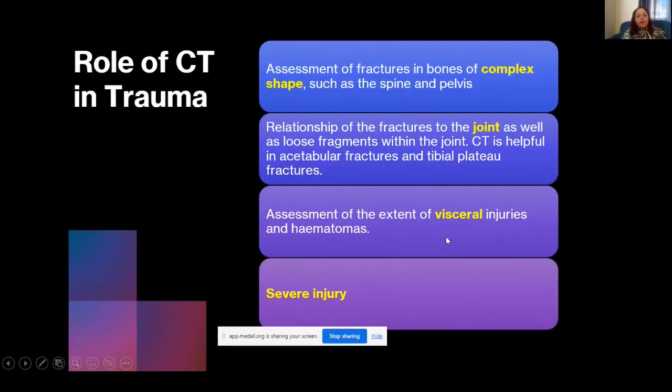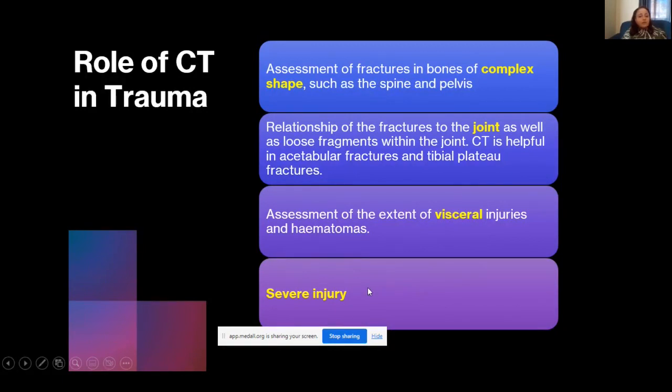Visceral injuries. For example, you have a patient with multiple rib fractures and he's got some abdominal pain. So you would want to exclude underlying visceral injury, which could be a splenic or liver injury, and X-ray won't detect these. So you would do a CT to exclude underlying visceral injuries. Patients with severe injury, like those with severe road traffic accidents, the CT is sometimes the modality of choice, and it would replace the X-rays